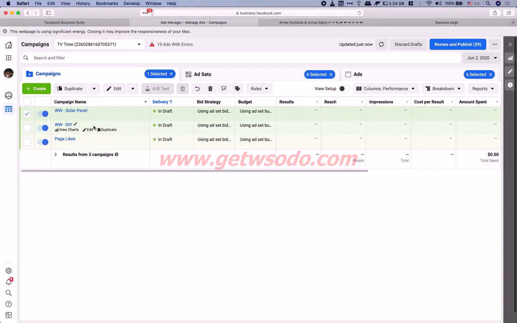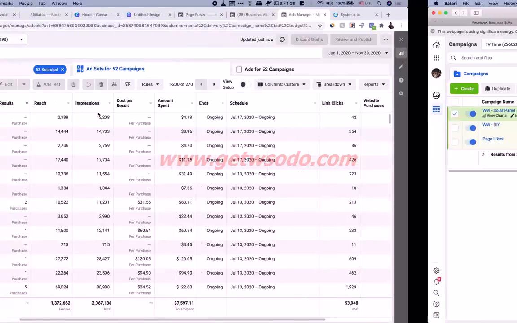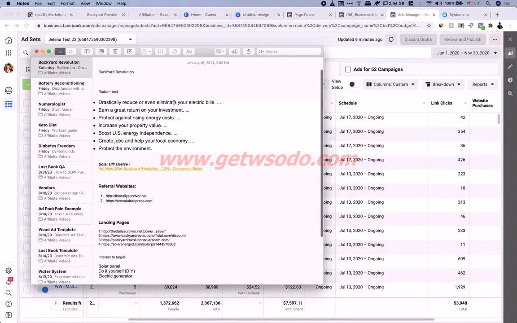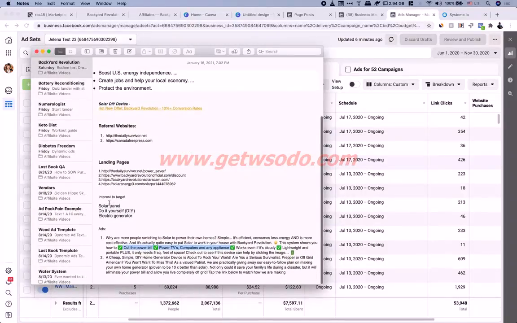And then what I usually do, I create multiple campaigns, let's say 5, 6, 7, with different major targeting options. And targeting options, we brainstorm them right here. Where were they? There we go, interest. So solar panel, do it yourself, electric generator, and then find more options. Homeowners were not available, but then electricity, let's say, or living out of the grid, because people who live out of the grid might be interested in solar panels because they are out of the grid, right? So they need to